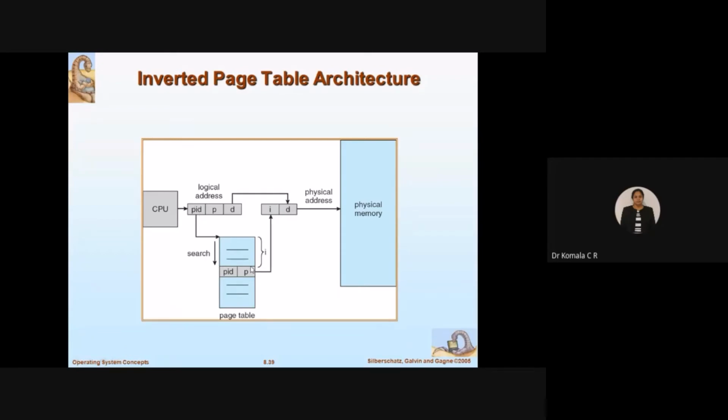Only thing, PID is added here. So this is the block which you have added. Instead of hash table, I'll call this the page table only. But you need to take one more block here. What is that? Page ID, the inverted page ID you are supposed to consider. So the only thing is it requires more time in searching this. You have to scan all the pages here. In previous cases, it was not necessary to scan all the pages. Whichever page you want to execute, you directly take that. Whichever frame is available, you directly allocate it.